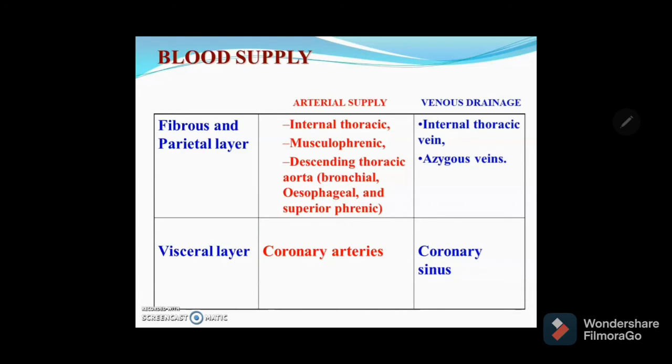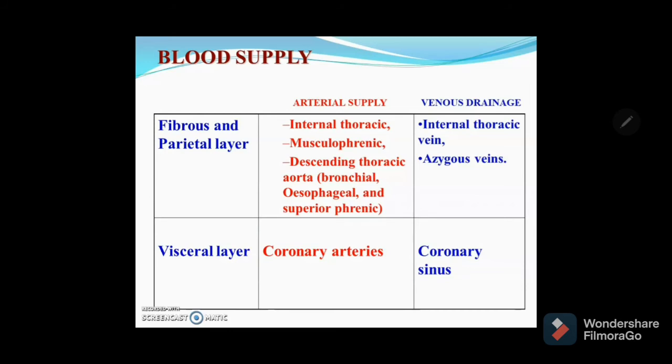coronary artery itself. We have discussed coronary arteries are nothing but vasa vasorum, and they have corresponding veins. So this is about the blood supply of the pericardium. What you can see there, the internal thoracic artery is a branch of the subclavian artery. It divides into musculophrenic and superior epigastric. It supplies the fibrous and parietal layers. Right and left coronary arteries give these pericardial branches which supply the visceral layer.